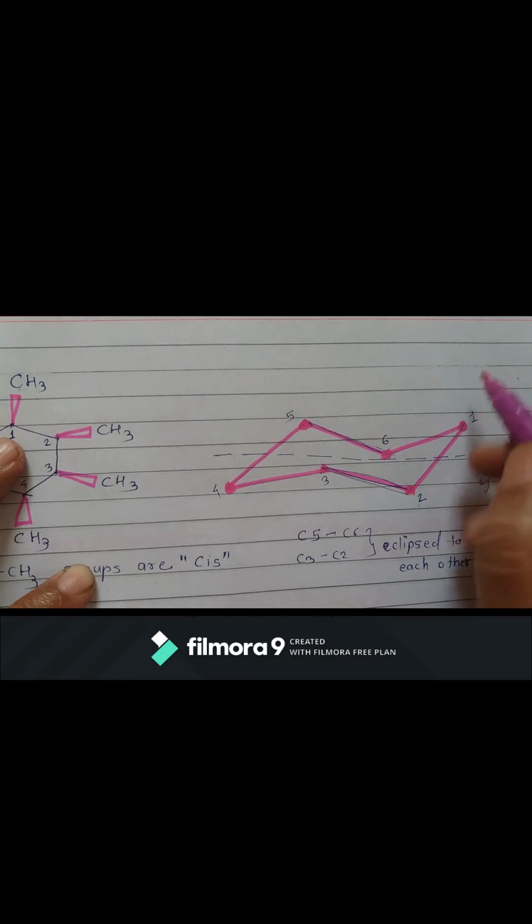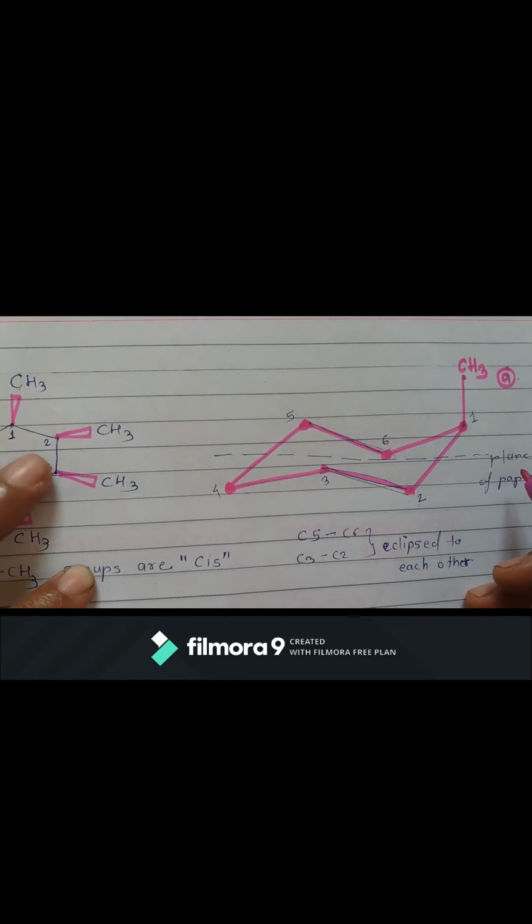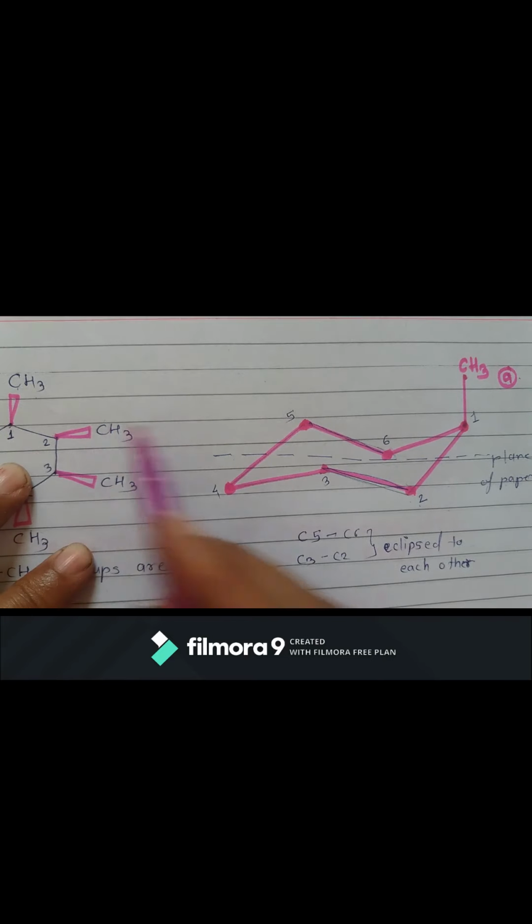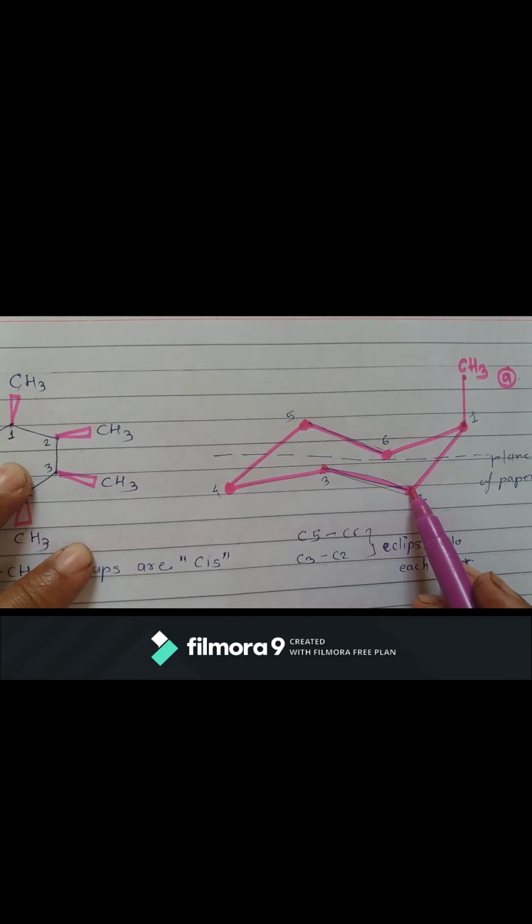So now I will draw. You have to consider above the plane of the paper, so it should be pointing above the plane of the paper. So the first methyl group which is above the plane of the paper becomes axial. This is axial. Now we will go for the second methyl group to draw here at the second carbon